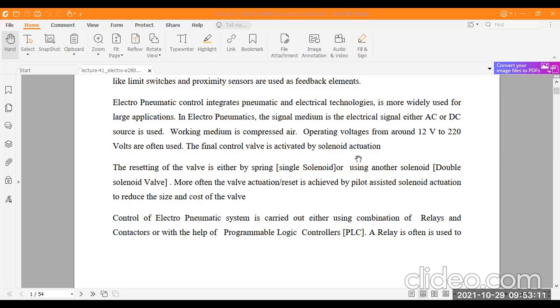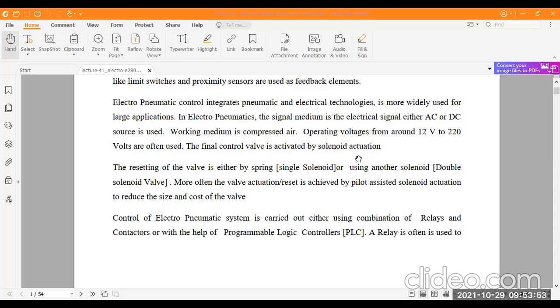And another part: this pneumatic controller has one spring. This is called a single solenoid, and there is another, a double solenoid valve. That means we use a double spring as the other. This is a single solenoid cylinder. Sometimes 2 or 3 solenoid valves or cylinders are also used in the pneumatic controller. Okay, so according to the application area and size of the device, we use the solenoid cylinder in the pneumatic controller.